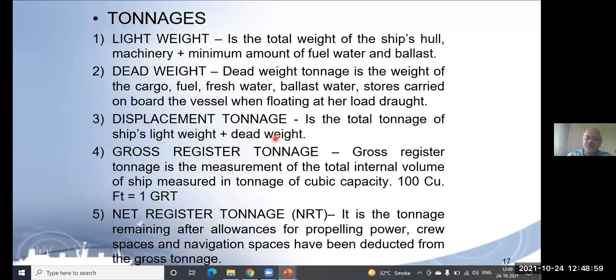Yes, sir. Dead weight, what is the second largest component? Is it fuel or ballast? Ballast. Sometimes ballast, sometimes fuel. Every ship will have 1/3 of its capacity as ballast when the ship is empty. But when cargo is there, then cargo is the largest quantity and the second largest quantity will be fuel. Ballast will be minimum.